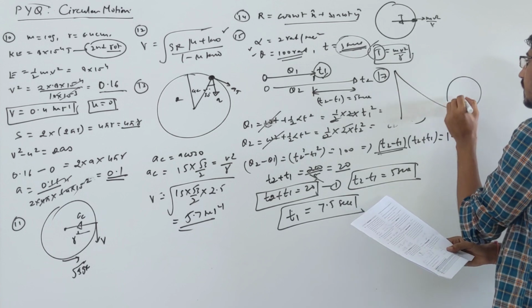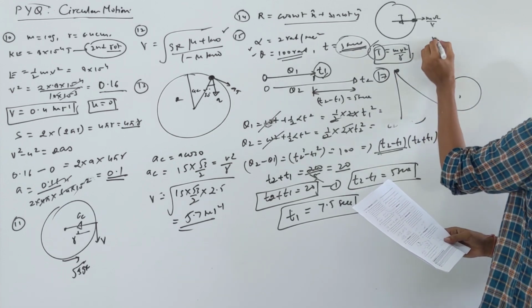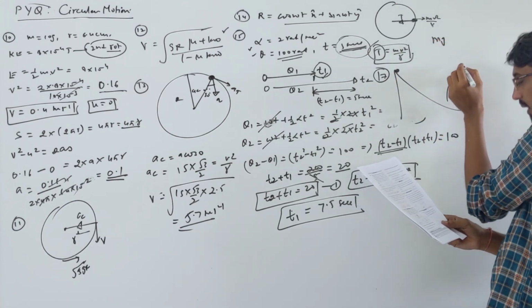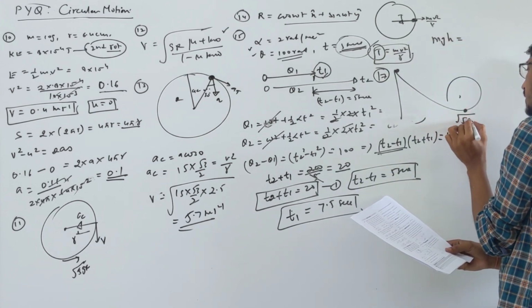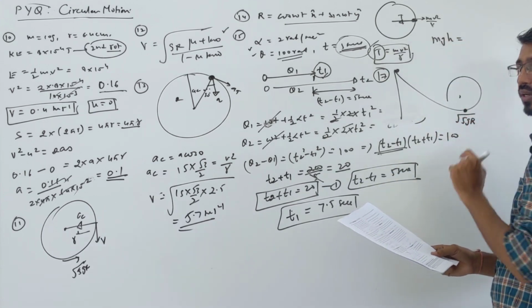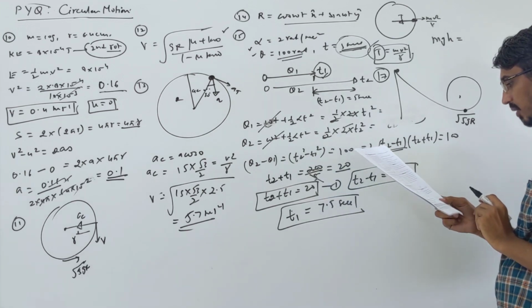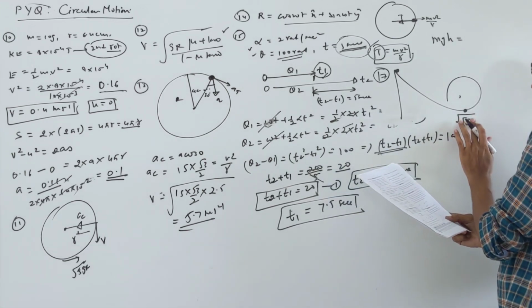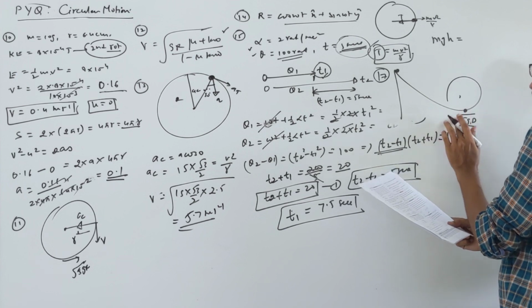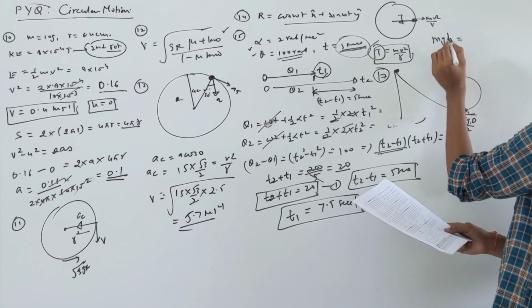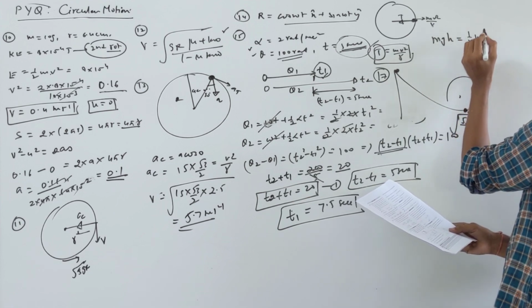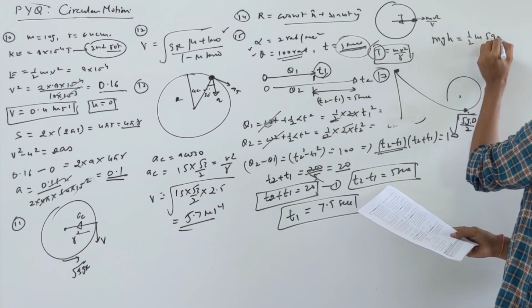This is a circle. The energy at this point I am writing is potential energy mgh. Correct? The energy at that point should be such that the velocity at the top should be root 5gr to make one complete loop, and the radius is given in terms of diameter, so the radius becomes d by 2. So this is the velocity at this point. Potential energy mgh equals half mv square, which means 5g d by 2.